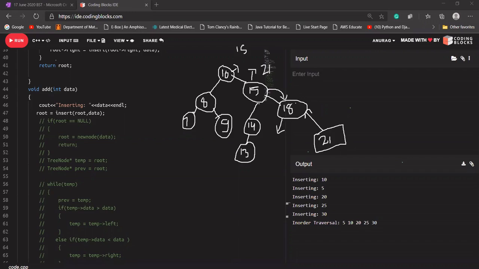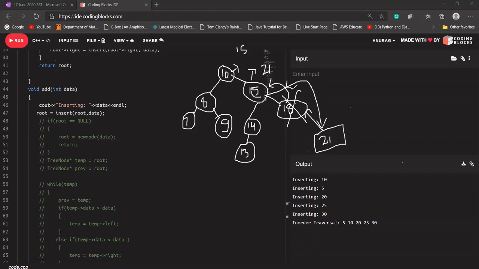Okay. So in that case, what it is going to do, it is going to swap 15 with 18 and going to delete 18 again. For that node, if I want to delete 18 here, I'm going to call my delete function for 18. So 18's left is now null. If its left is null, it is going to return the address of its right node. So in 15's right, the address of 21 will be stored.